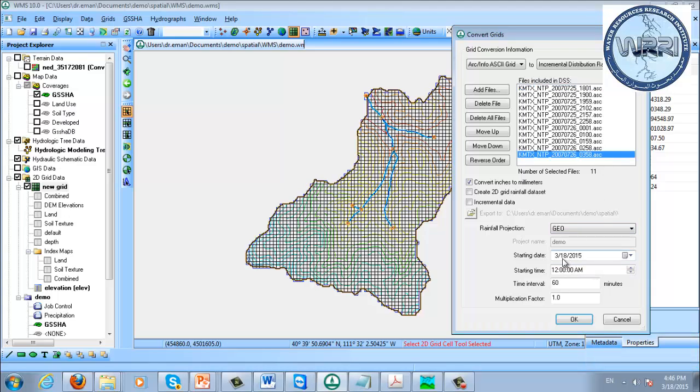And we're going to start on July 27th. So I'm going to set the dates here. The starting date is 7/27/2007. The time is 6 o'clock. So I guess 6 p.m. is the starting time. The time interval is 60 minutes. And the values on these rainfall grids, we're just going to multiply them by 1. So when I select this OK button,